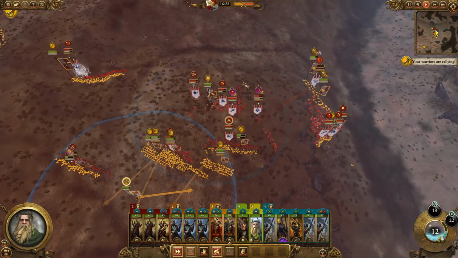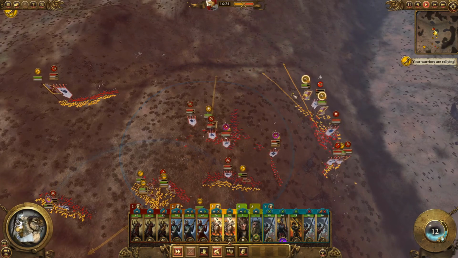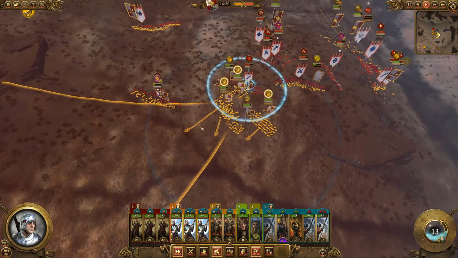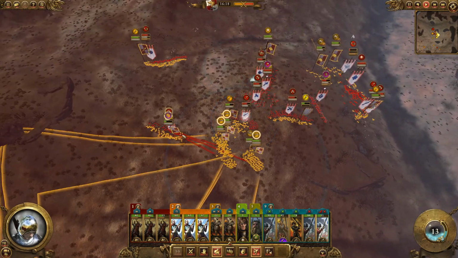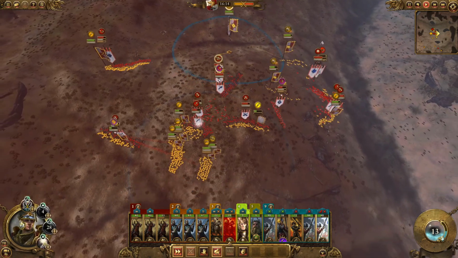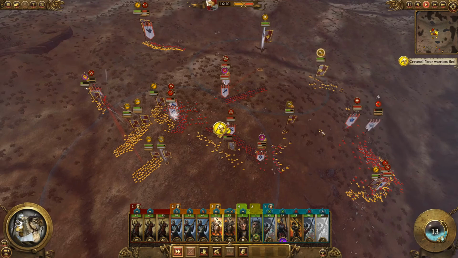Our handguns are in a little bit of a strange position though. Yeah, our handguns can't actually get a nice line of fire due to these hills, but they can on these Rangers, so we'll send them to go ahead and do that. Franz will move in now to deal with this